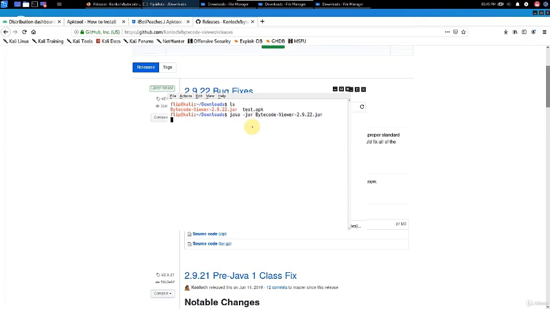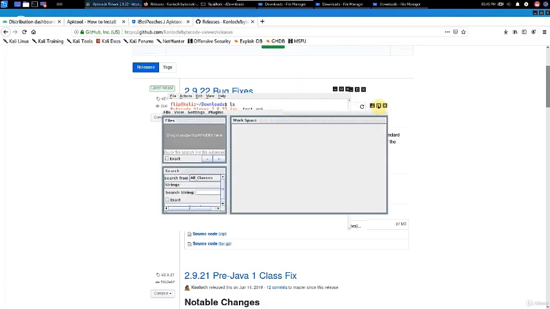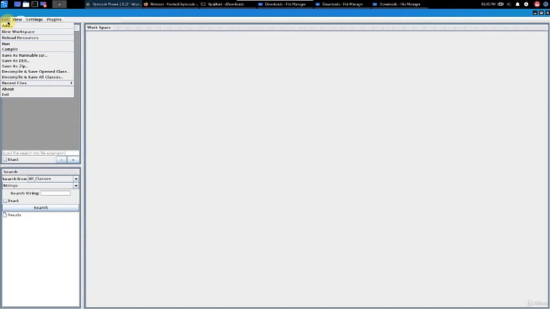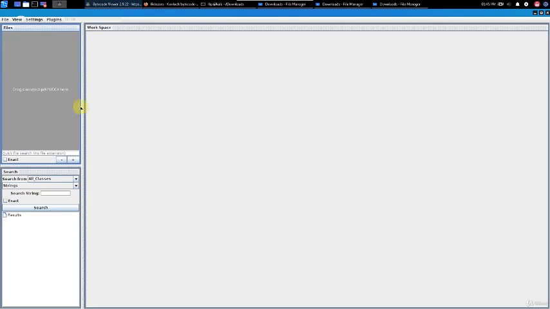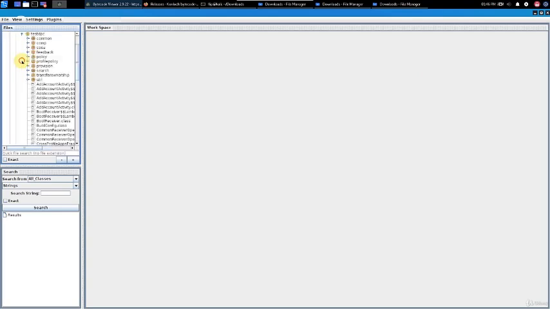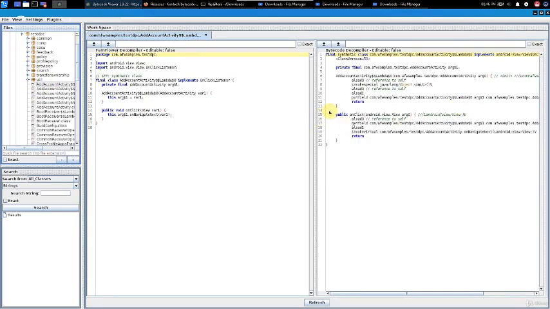So let's go to the folder where we downloaded it, run java -jar Bytecode Viewer, and this will launch Bytecode Viewer. We won't go into too much detail right now, but let's just see if we can add an APK. So let's try the test APK we installed earlier. So there you go. We just uploaded an APK without having the source code of the application and using some Java decompilers. In this case, Fernflower.